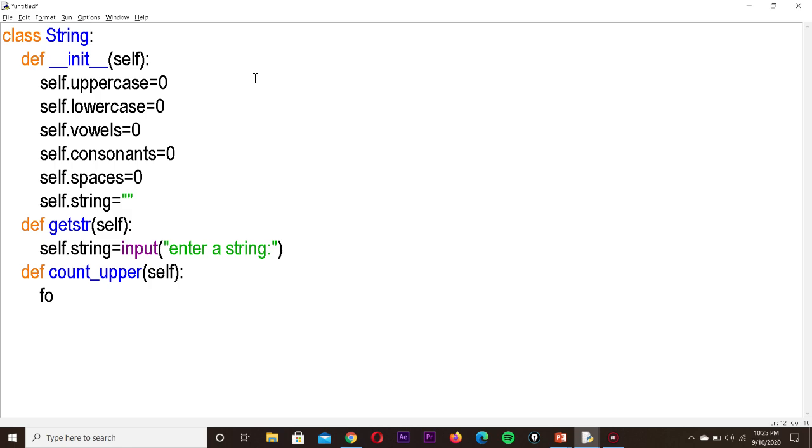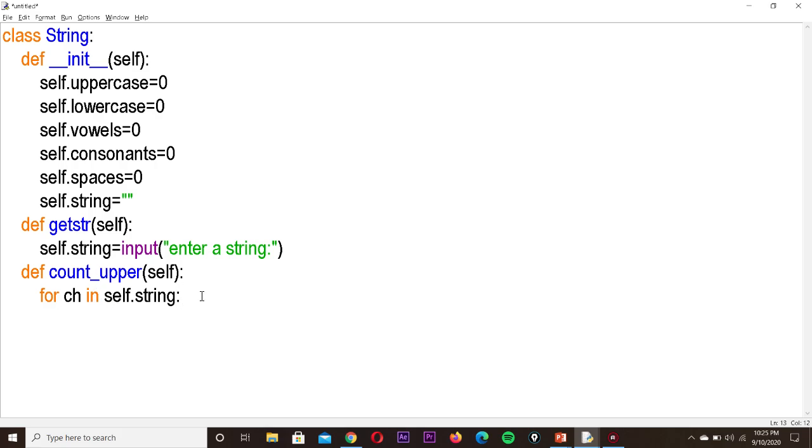So to take characters one by one we are using the for loop. So for ch in self dot string, this is the string for which you want to count the number of uppercase letters. For ch in self dot string colon.